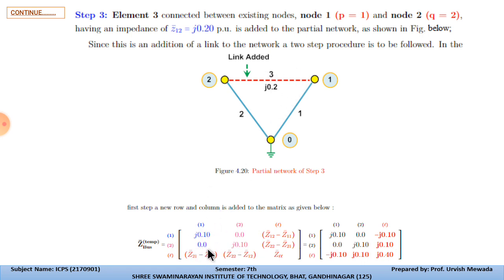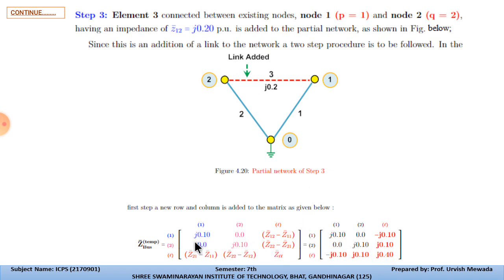Then Z22 is 0.10, that we already discussed in the previous slide. Now Z22 minus Z21, so 22 minus 21, so it is j